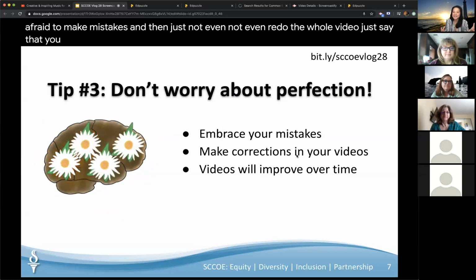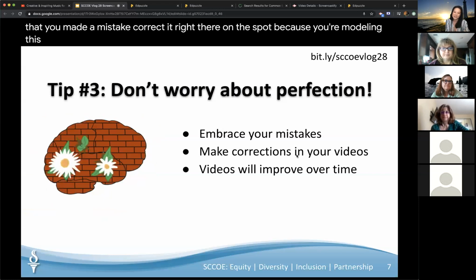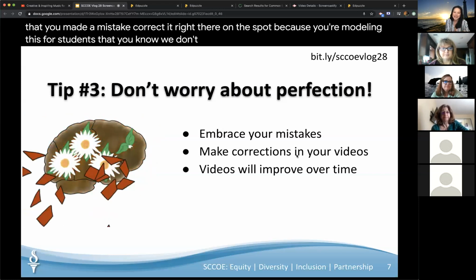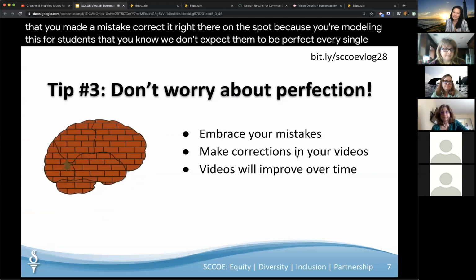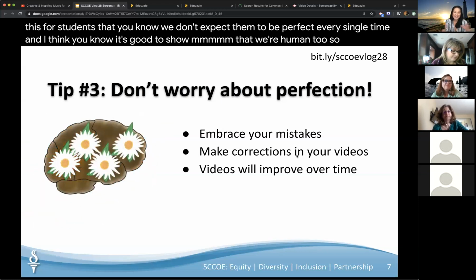Just say that you made a mistake, correct it right there on the spot, because you're modeling this for students. We don't expect them to be perfect every single time. And I think it's good to show them that we're human too. So if you just let that